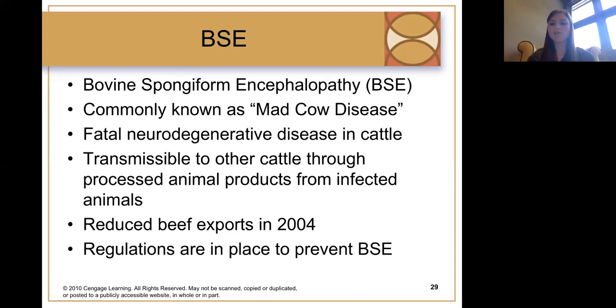And for example, in a feed mill that's making feed, if they've used ruminant products, they would have to make sure that no contamination is happening if they are about to make a cattle feed. So they may have made a feed for another type of species, but they would need to make sure that everything is clean and ready to go and that there's no ruminant products that could get contaminated into a diet